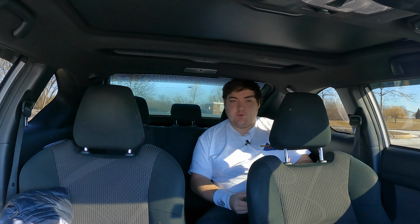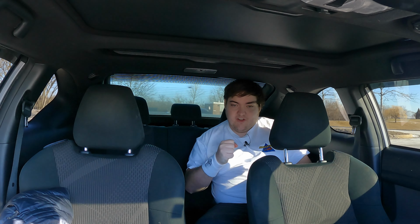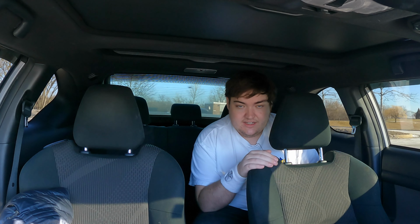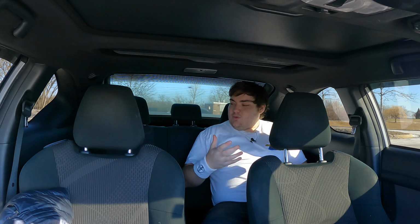Honestly, I'm pretty happy with these back seats. Definitely 1,000% more usable than the Scion FRS. So if you want a Scion product, but you might have the slight need to ever drive anyone around anywhere, well, more than one person that is, get the Scion TC. Headroom is not great. However, I can kind of slouch down and make it manageable. Once I do that,